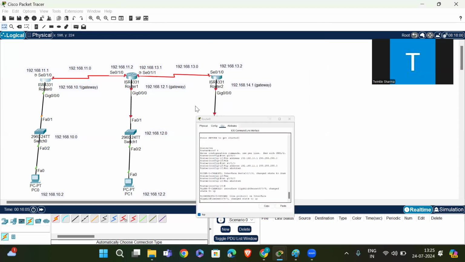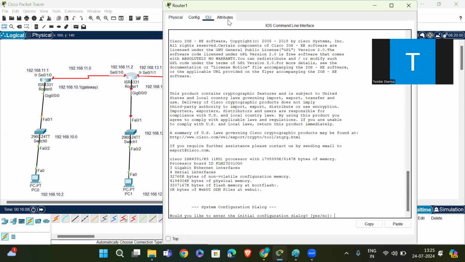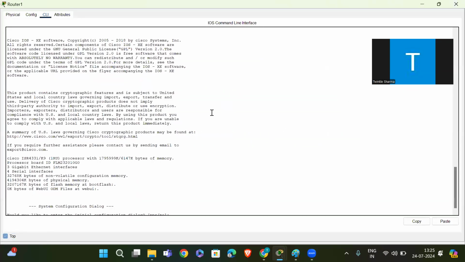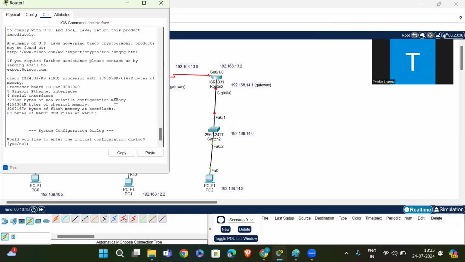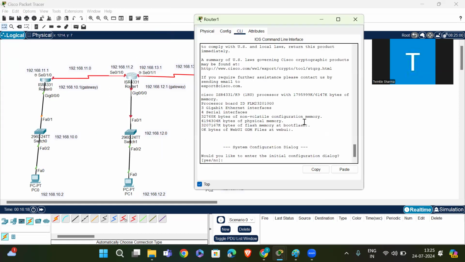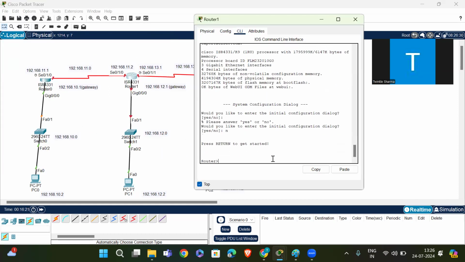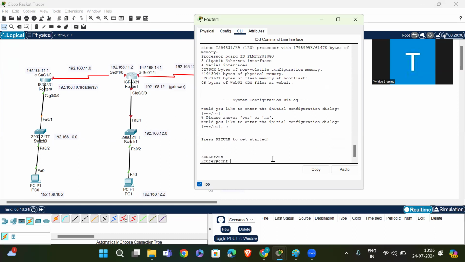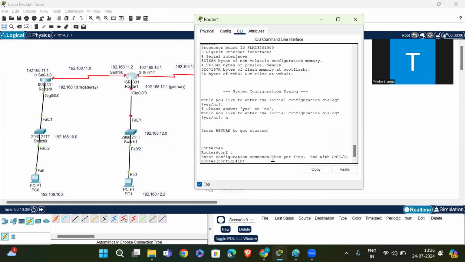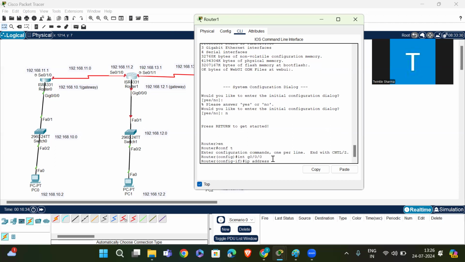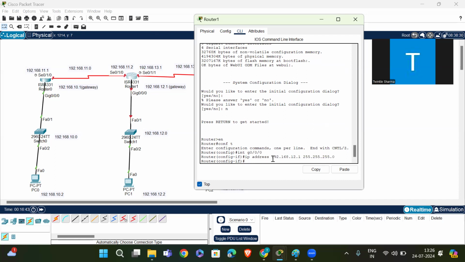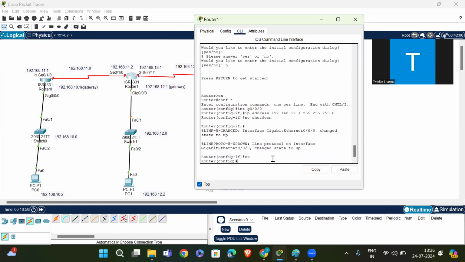Then go to router 2. Enable, conf t. Interface G0/0/0, IP address 192.168.12.1, 255.255.255.0, no shutdown. Exit.